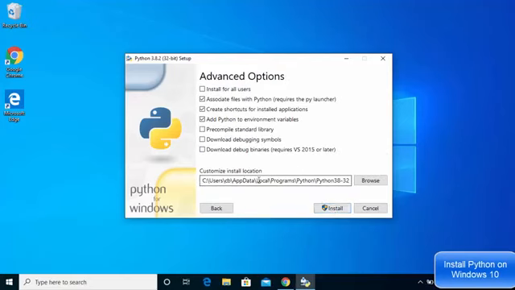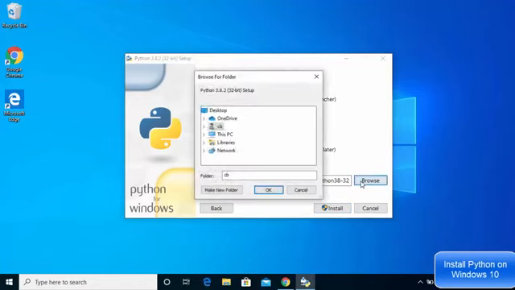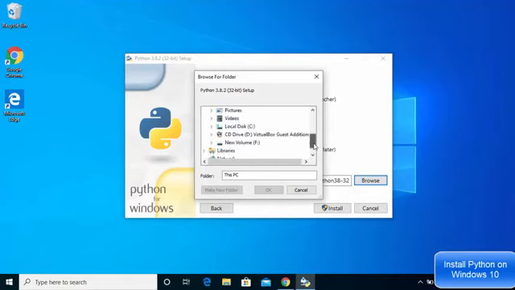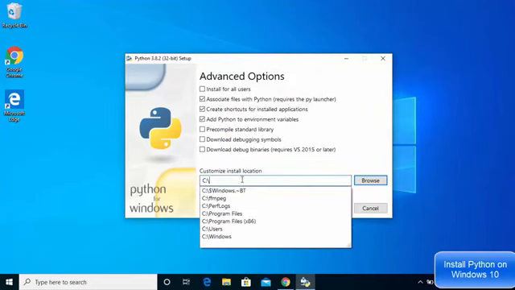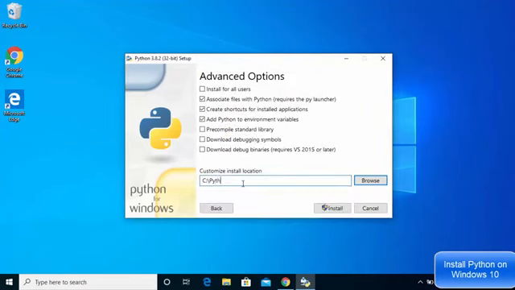And here this is what I wanted to change. So this location I want to change it to a shorter location which I can remember easily. So what I'm going to do is I'm going to go to my C directory and then I'm going to click OK here. And in my C directory, I'm going to create a Python directory. So I'm going to just write Python here. So what I generally like to do is I generally like to just give backslash here and then once again Python, and then the version of Python is 3.8.2. So I'm going to just write 382 here.